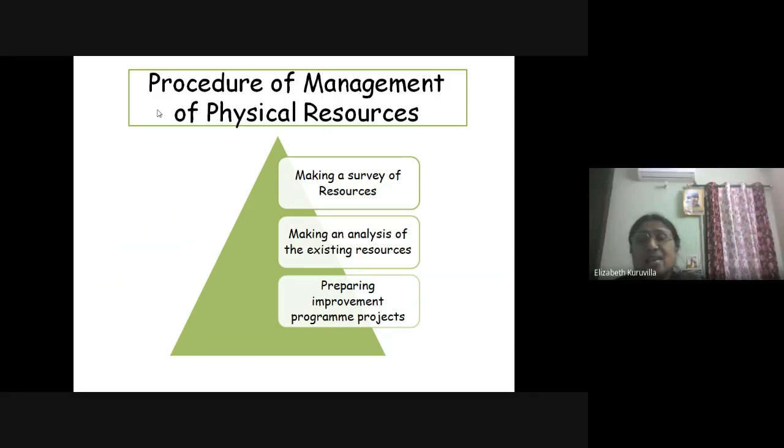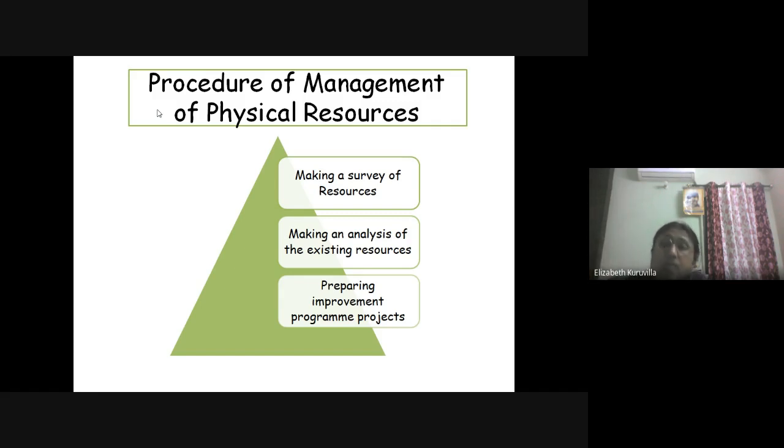So we can see, first thing, as we have discussed earlier, it is a process. I told you earlier that we have to make a survey of the resources. What are the existing resources? Next, we make an analysis of the existing resources, then prepare improvement program projects.